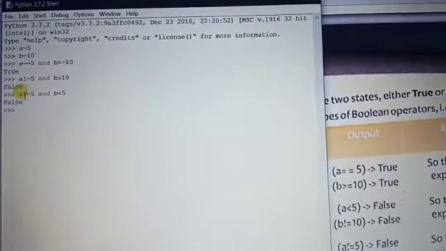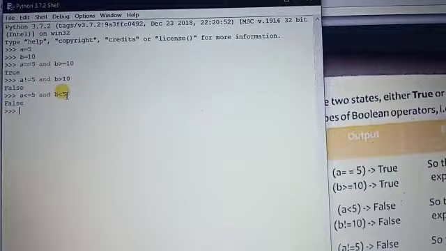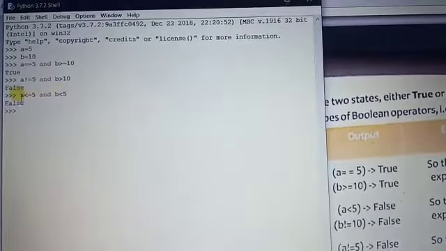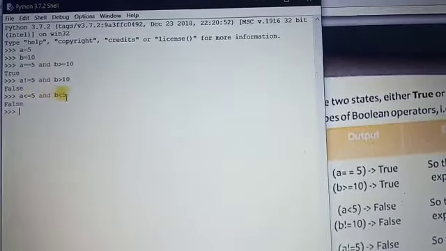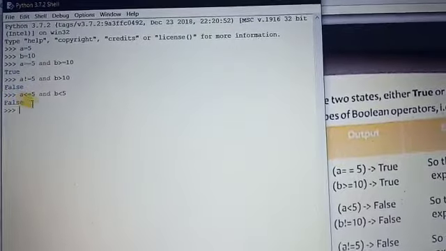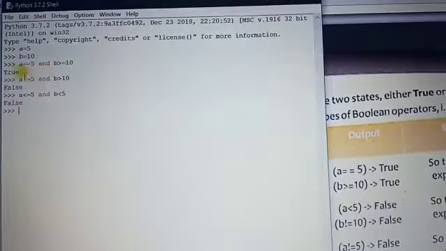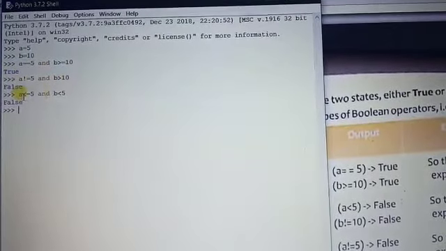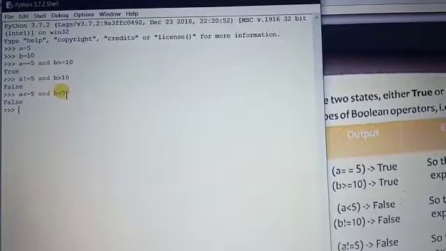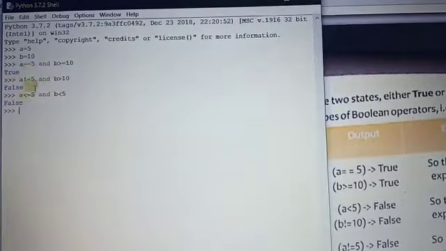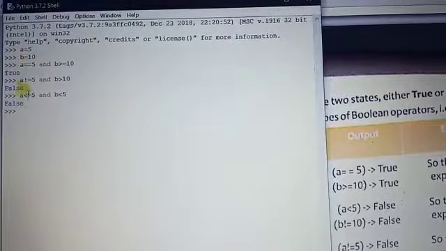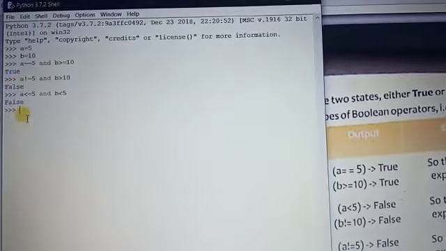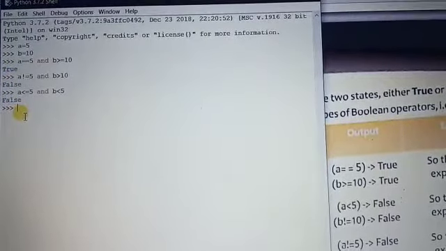And the first expression is evaluated true. And b less than 5. The value of b is 10. 10 less than 5 is internally evaluated false. So the first expression is evaluated true, the second expression is evaluated false, so the final output is false. Okay, so we can find here the cases: both expressions true, both expressions false, or one expression false and the second one true, but the final output is false. So this is the example of the AND logical operator.